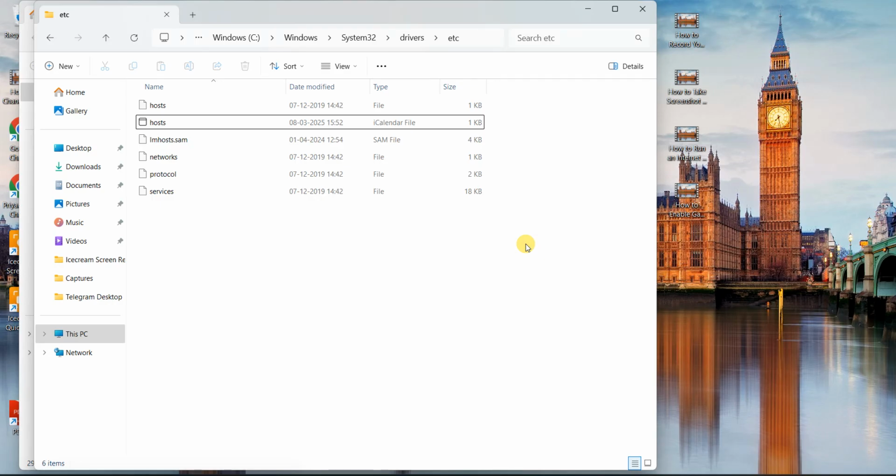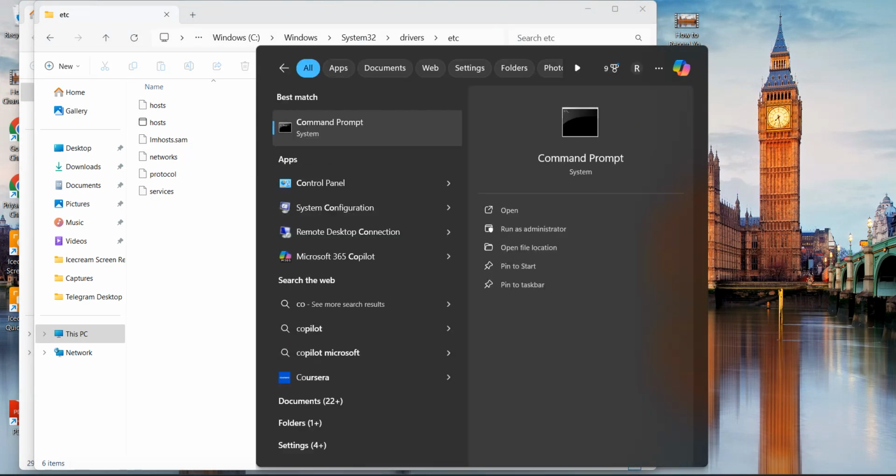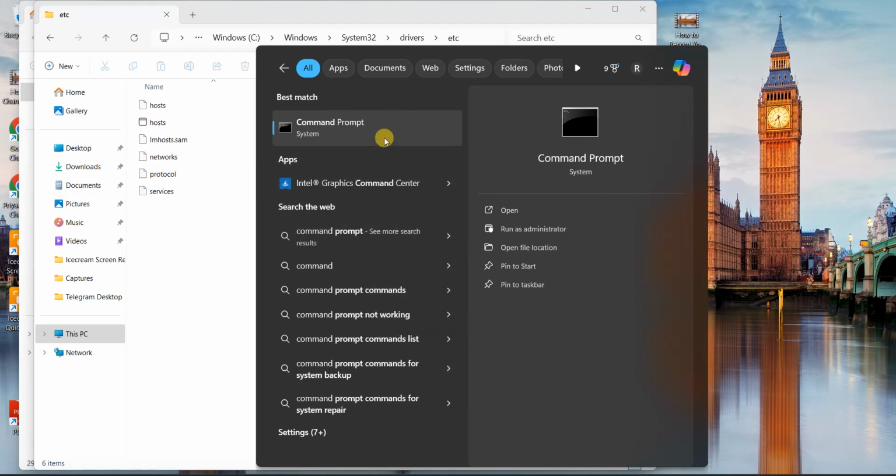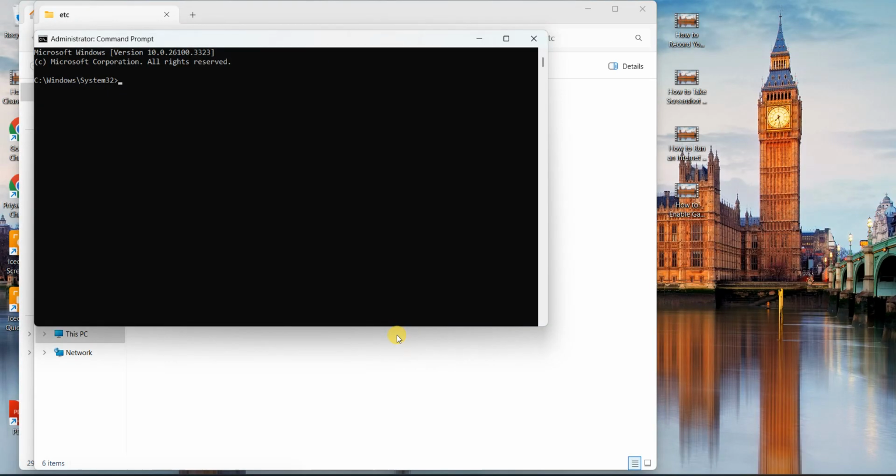Okay, now for applying changes, press Ctrl plus S on your keyboard. Then open command prompt. Now open your command prompt and run as administrator. Select yes. Then type ipconfig